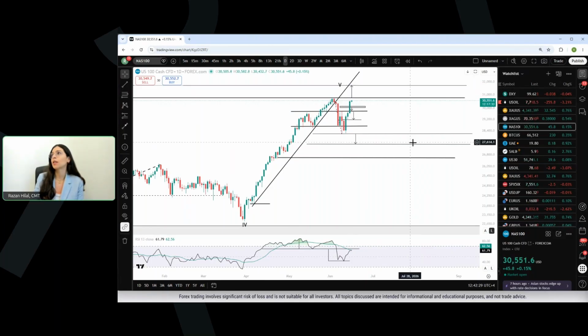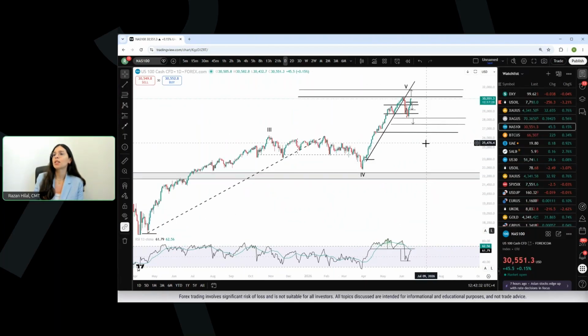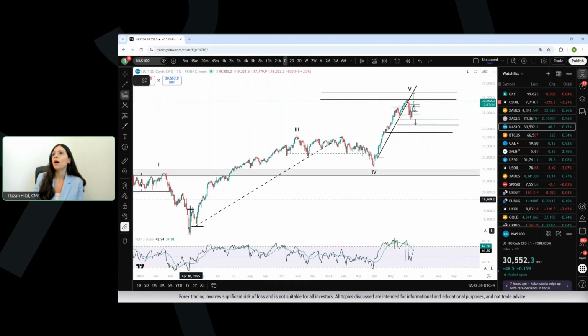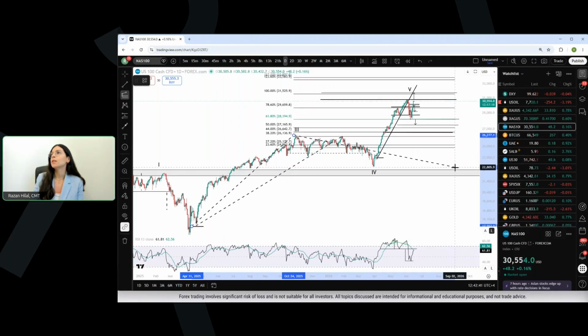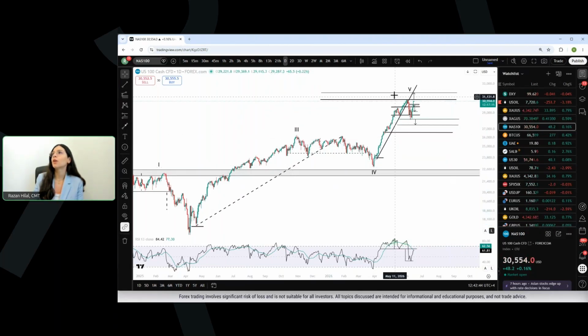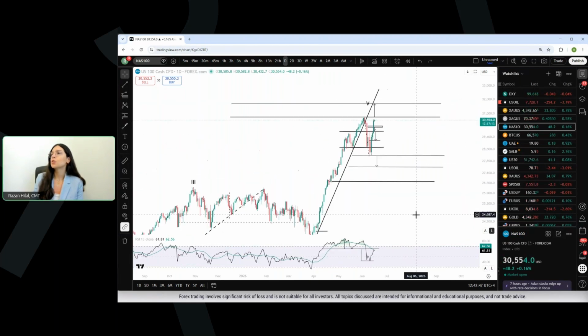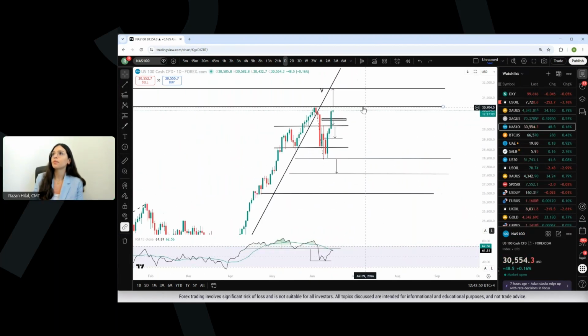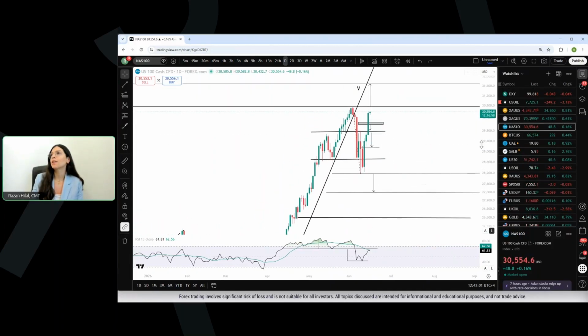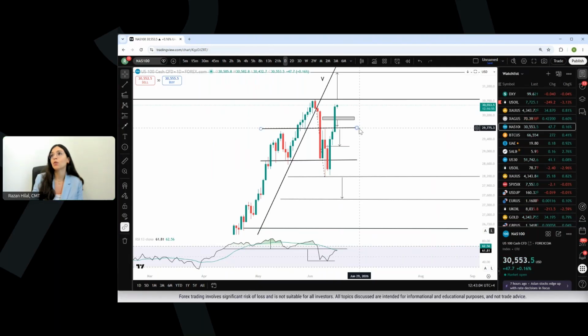Would likely be aligning with the 31,700, which is the 100% Fibonacci extension of the overall cycle running between April 2025, 2026, and the lows of 2026, where we can see that alignment near the 100% extension. Now, on the downside, should we have a sustained hold for the price action, potentially back below the 30,400, we can possibly revisit the 30,100 to the 30,000 area. It remains a key psychological support for the Nasdaq chart that may give way once again to the key 29,700 zone. That was a defining barrier between continuous bearish bias and bullish bias on the chart.